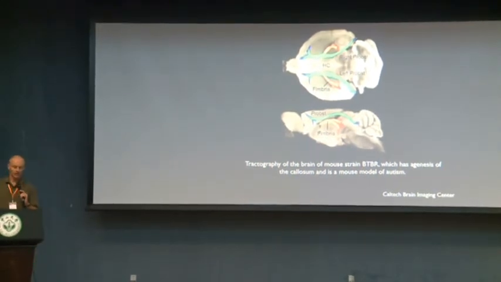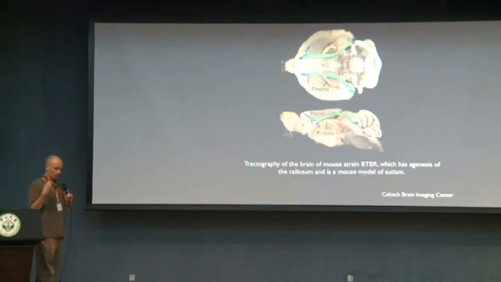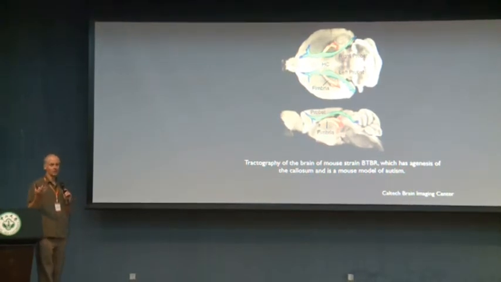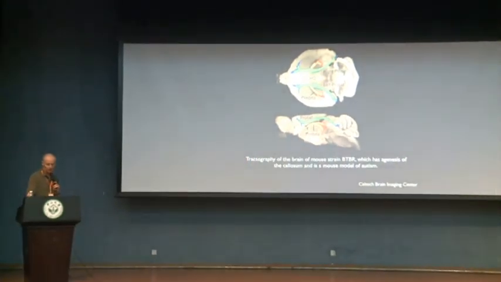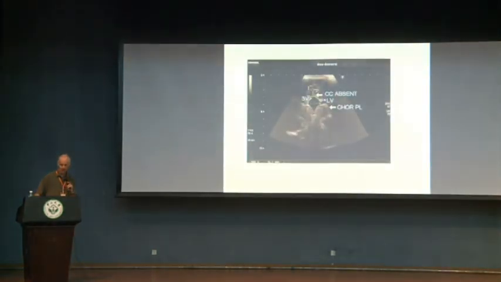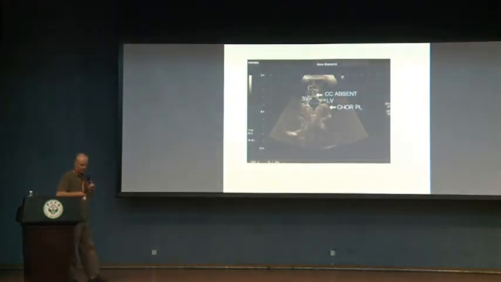So there's an animal model of autism that fortuitously also had agenesis of the corpus callosum. So, sort of by coincidence, there is that convergence between autism and callosal agenesis also in an animal model. The final one is something we've been trying to do, but it's hard, but it turns out that,